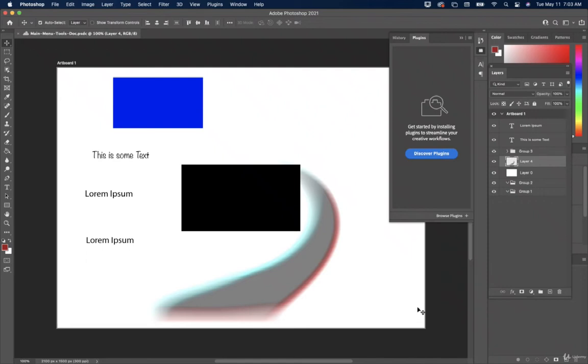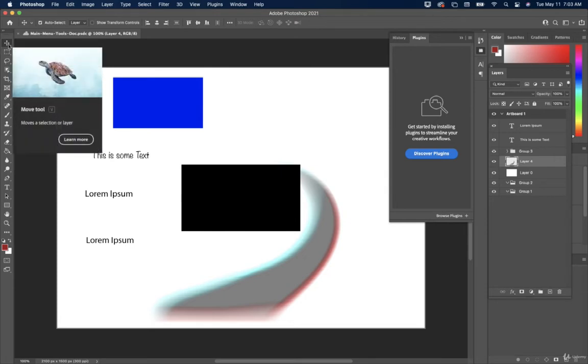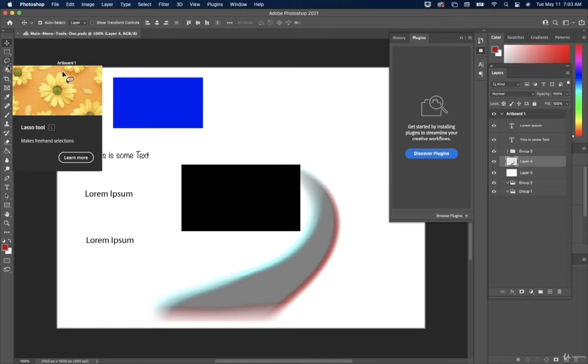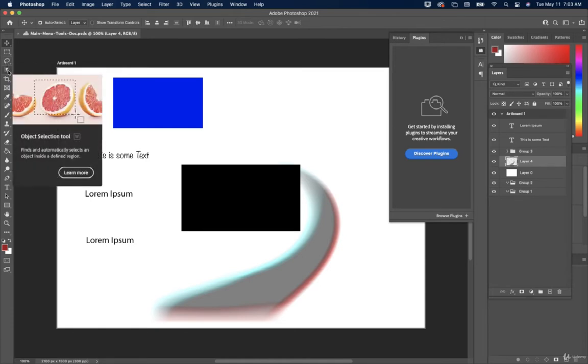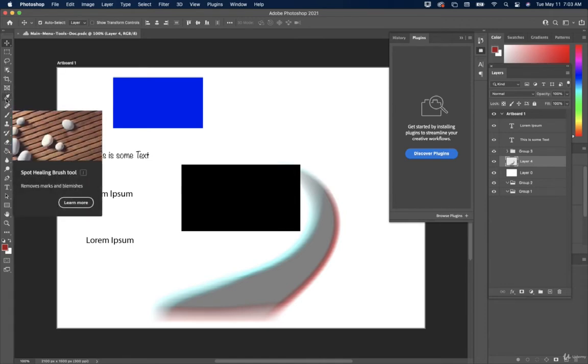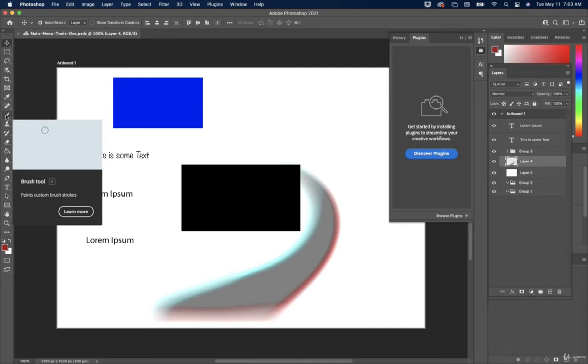All right, welcome back. So in section 6, we're going to talk about tools. And in this video, we're going to go over an overview of the tools that we're going to be learning about. So in the upper left-hand corner here, we have the move tool, you have the rectangle tool, lasso tool, object selection tool, crop tool, frame tool, eyedropper tool, spot healing brush, brush tool,